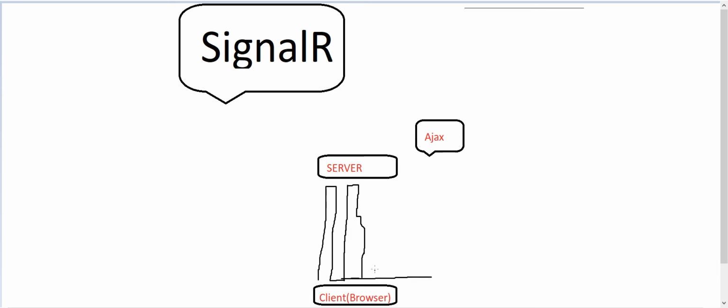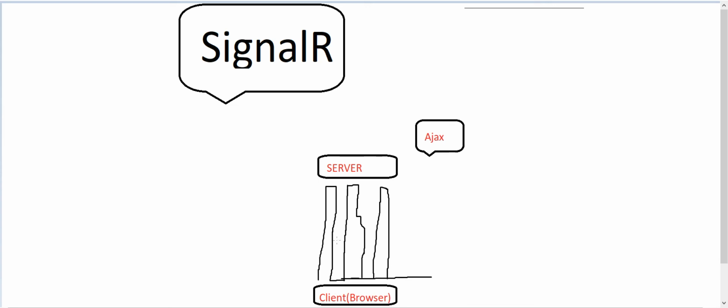Now this is straightforward. The request goes to the server and the requested content comes. The page does not refresh again and again. In the traditional way, the page refreshes when the client sends a request to the server and the response comes back again and again. The page refreshes and new HTML content comes. But in case of AJAX, only the required content comes and the page does not refresh again and again. So this is the concept of AJAX.